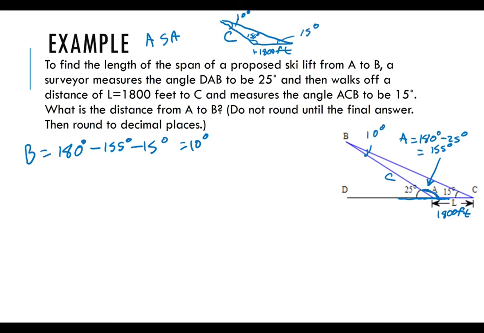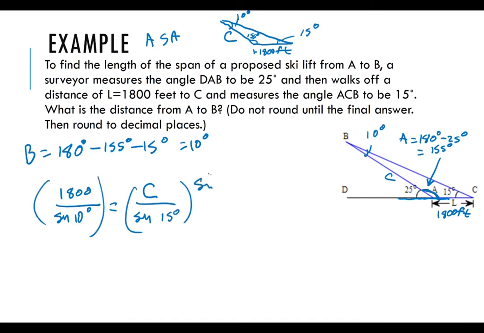Well, then I have the angle opposite that side length L. And so specifically, there's my law of sines that I needed. That's going to be 1,800 feet divided by sine of 10 degrees is equal to, now at this point we just need to figure out what we need. Well, we need to find side length C. So side length C divided by sine of angle C, but we know that angle C is 15 degrees. And so then we're almost finished. Multiply both sides by sine of 15 degrees. I then get that C is going to be equal to 1,800 times sine of 15 degrees divided by sine